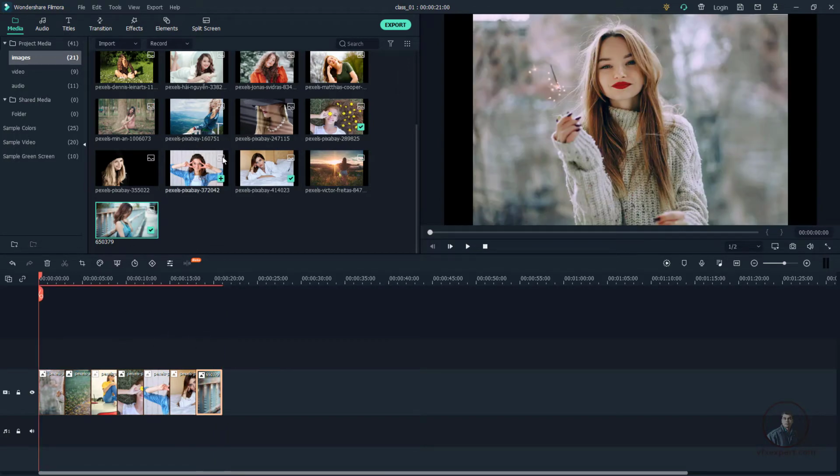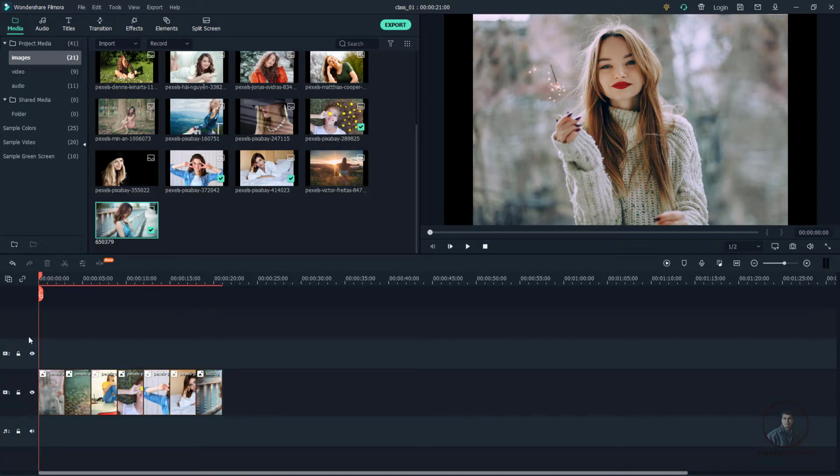Same as you can also add your audio, because here if you see in the timeline, mainly the Filmora timeline is divided into two parts. This is actually for video tracks, and downside you will get this audio track. If you need more than one video track, then simply right click here and you can add a video track like this. So like this you can add maybe 100 or 99 video tracks, same for audio also. Then again right click and you can also add an audio track here.